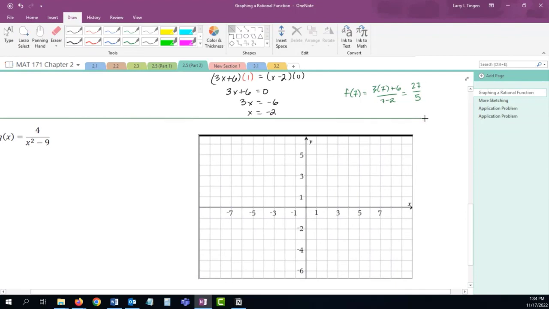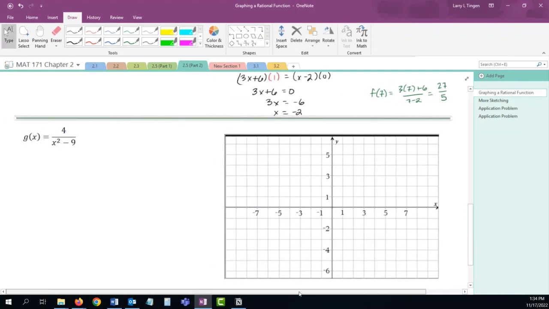Okay, so next, g of x is equal to 4 over x squared minus 9. Just like rotating? Yeah, it is. Yeah, Andrew, you're right. I didn't see your last comment there, but you're absolutely right. It looks like I've rotated, just not around the origin, but around some point right there in the middle. So next one,